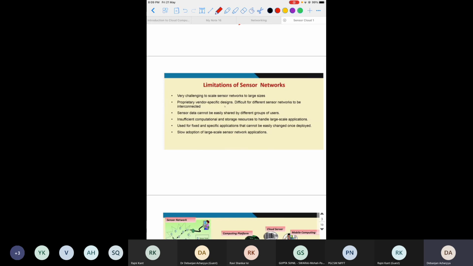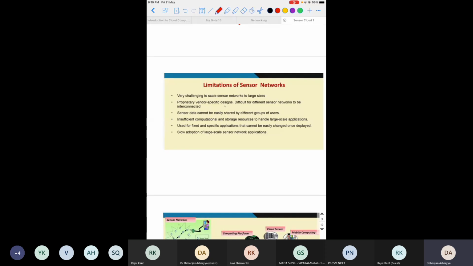So if you want to interconnect your sensor network with another vendor's, you can't do that using this wireless sensor network. So there is another problem, that is the interoperability of the sensor.